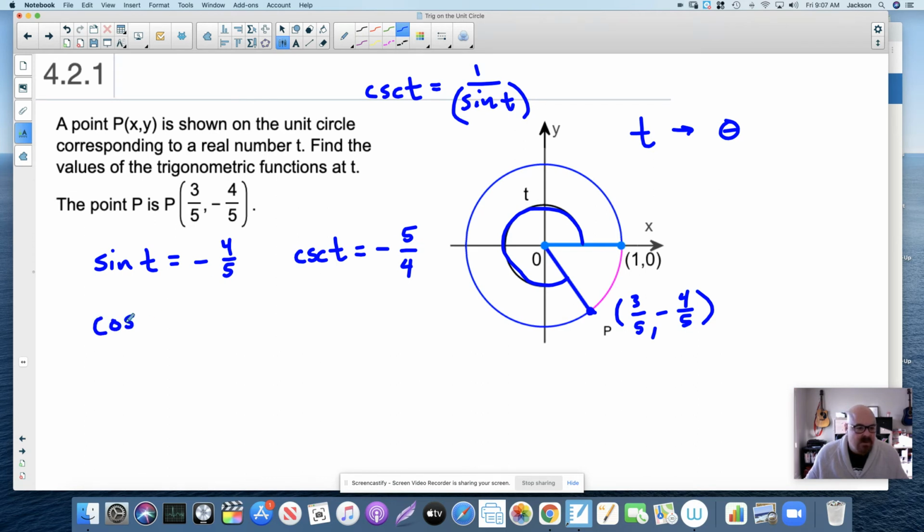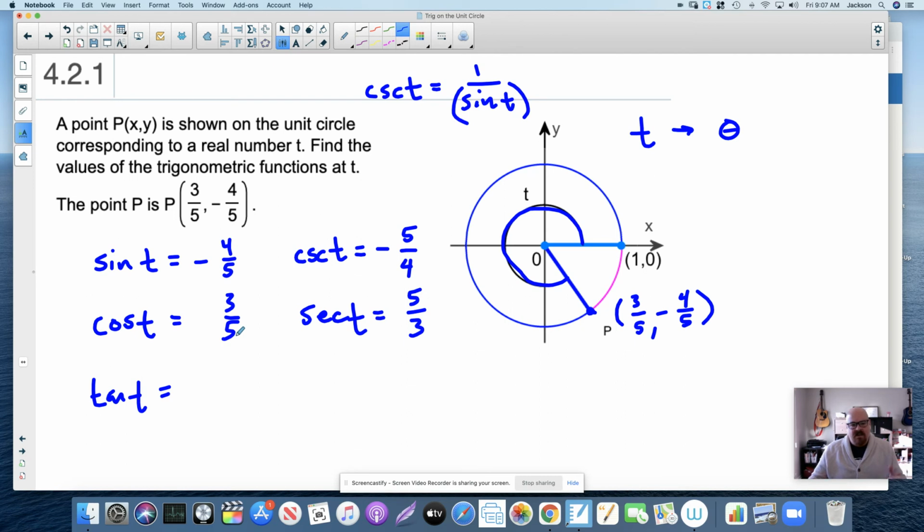So cosine t is 3/5, which means that secant t is 5/3. And the tangent of t, tangent, like sine and cosine, I don't want to make a blanket statement and say they're always going to be easier, okay? But tangent is most of the time going to be more difficult to find, and not more difficult, just more